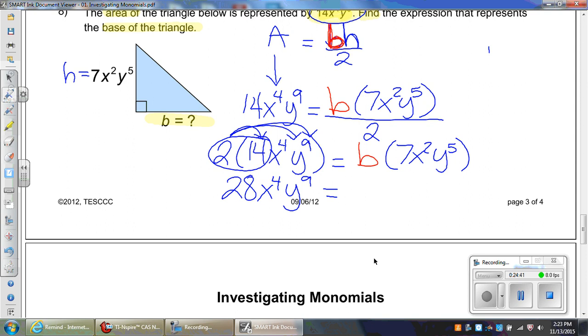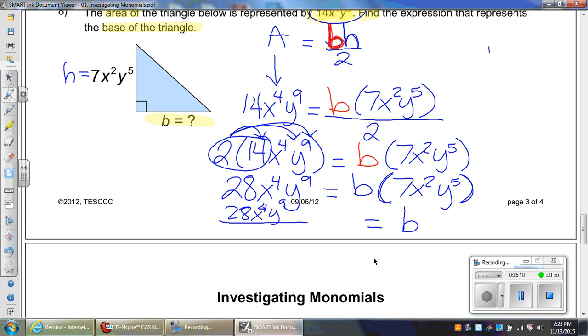And now here, we're almost there. We have b times 7x squared, y to the 5th. What is b doing to the 7x squared, y to the 5th? They're multiplying each other, right? So if I take all the stuff inside the parentheses across the other side, what is it going to do? Divide, yes. So 28x to the 4th power, y to the 9th power, divided by 7, x squared, y to the 5th. And so just to finish this, it will equal